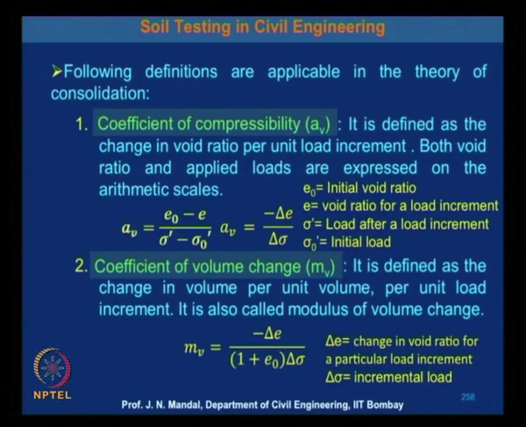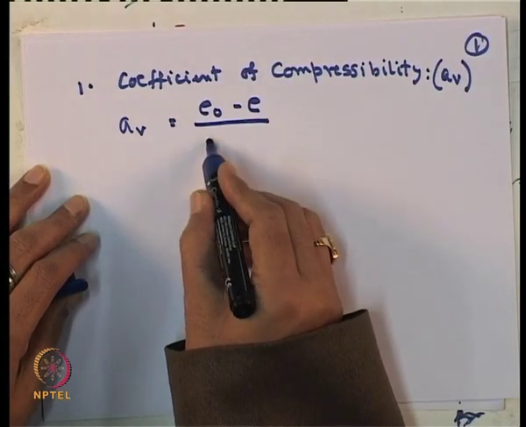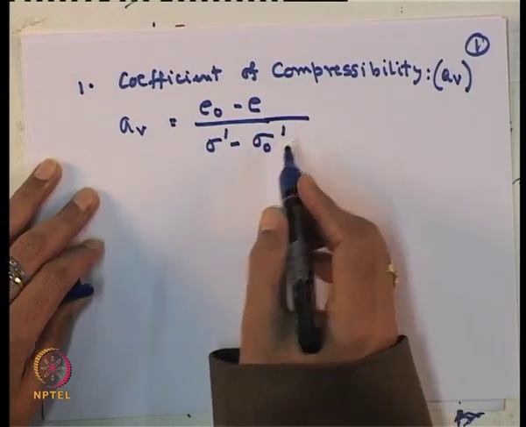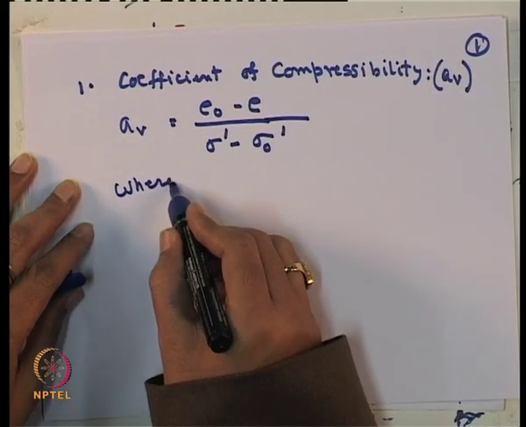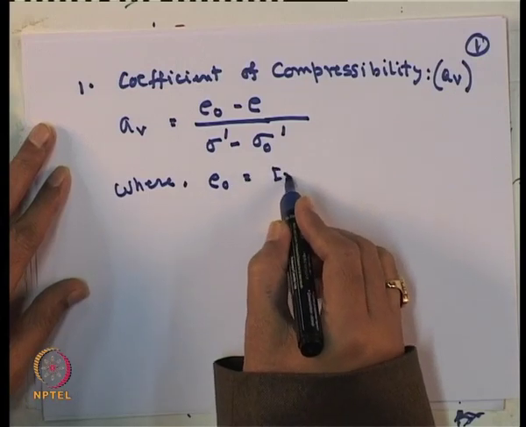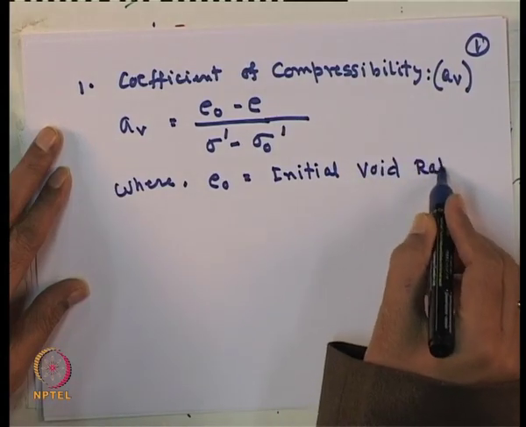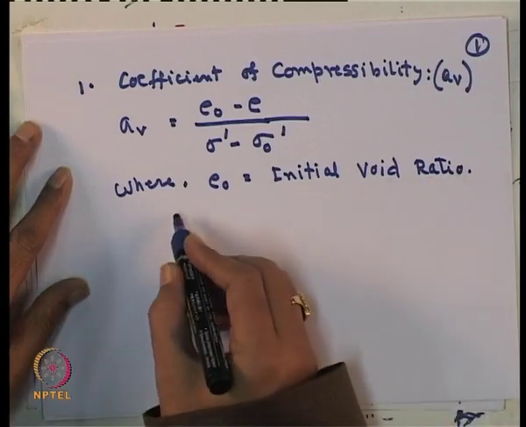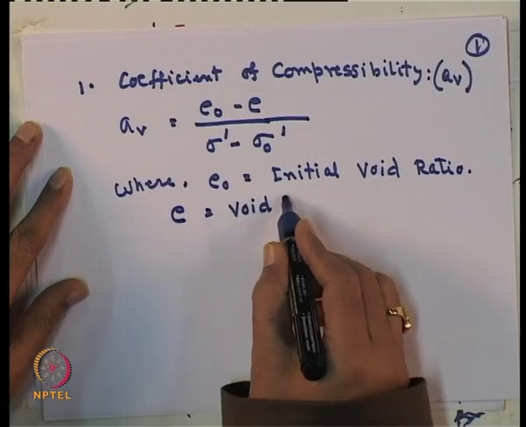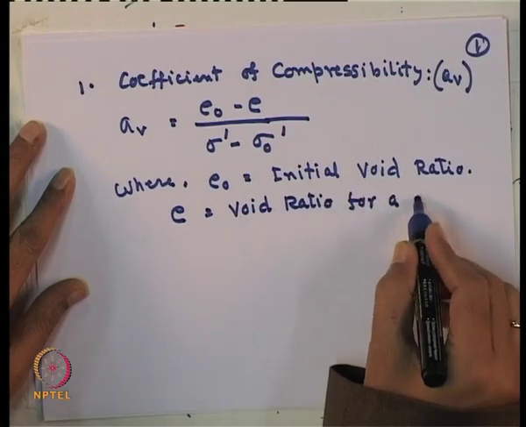So, this av we can write as (e0 minus e) divided by (sigma dash minus sigma 0 dash), where e0 is the initial void ratio, and e is the void ratio for a load increment,